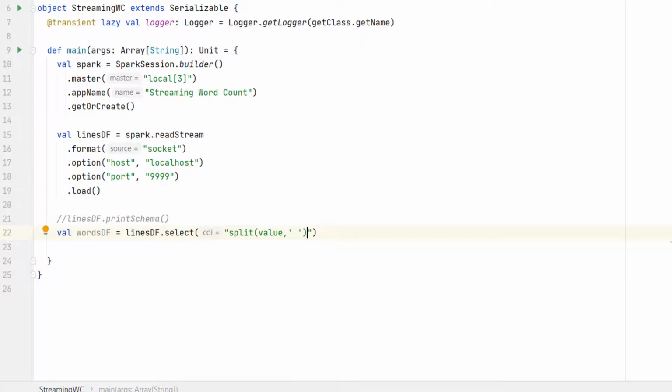However, the split function gives me an array of words. I don't want an array. I want each word to form a row. So I can use the explode method. The explode function will transform an array of words into rows. The explode method works like a flat map, which takes a single input and returns a bunch of rows. I hope you understand that. Great. So now my text is broken into words and it is also exploded into rows. This whole thing is an expression, so I must enclose it within the expr function.